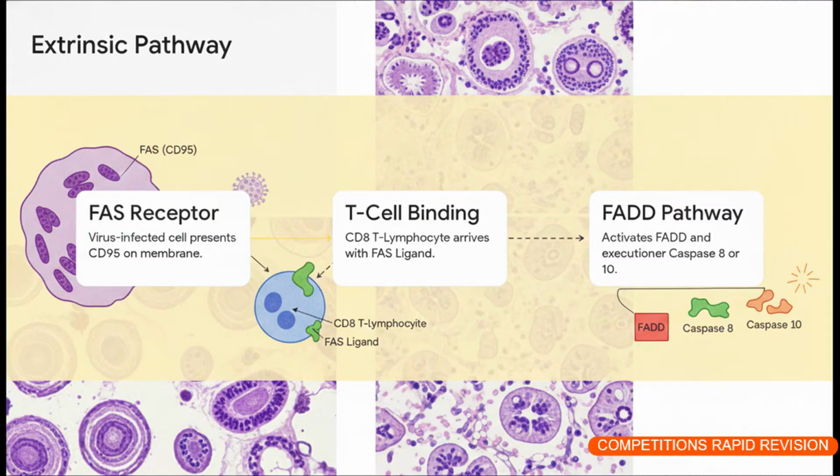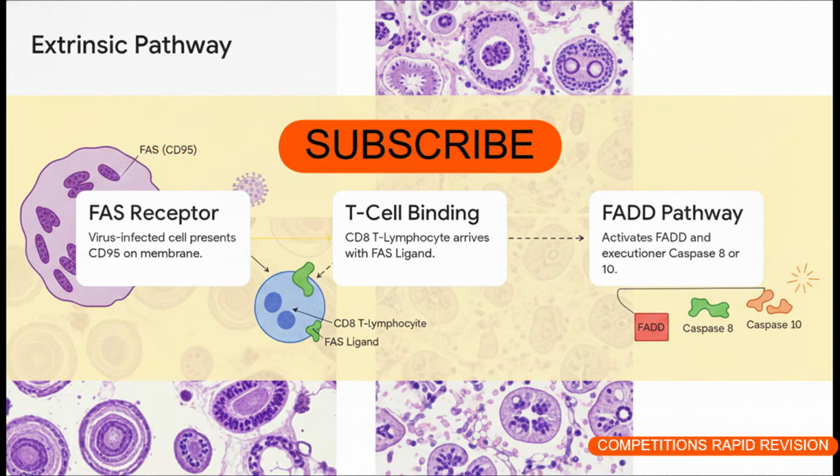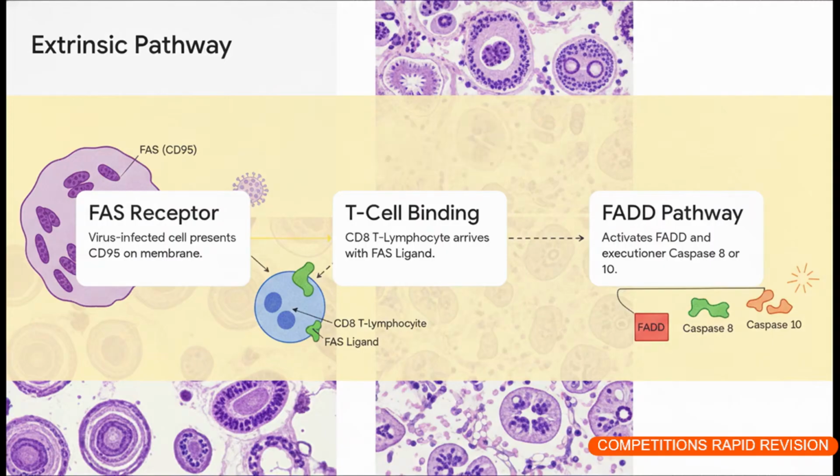So how does apoptosis actually happen? Let's look at the extrinsic pathway first. You can think of this a lot like the coagulation cascade. It's a membrane-mediated chain reaction. Step 1, a cell, maybe it's infected by a virus, throws up a Fas receptor, also known as CD95, on its surface like a red flag. Step 2, a CD8 T lymphocyte patrols by with a matching Fas ligand. Once they bind, it triggers the FADD pathway inside the cell, which then activates our executioner enzymes, caspase 8